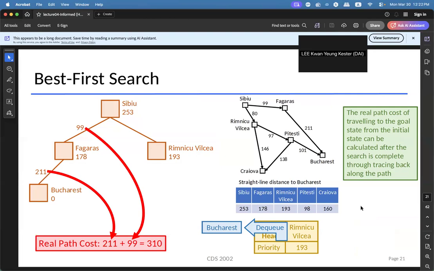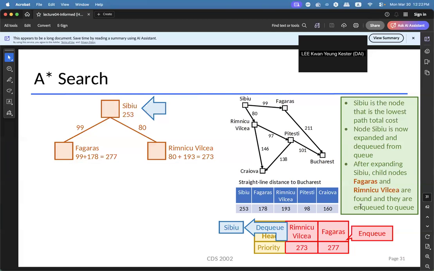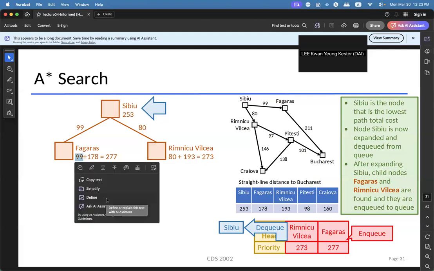And for the A star search, the rule is that you need to keep track of the path cost from the initial state to every node in the search tree. For example here, the CBOO can go to Fredgrass and to Visual WeChat. According to the notes, for the CBOO to go to Fredgrass, the cost is 99. So we put down 99 here as the first value necessary for our calculation.